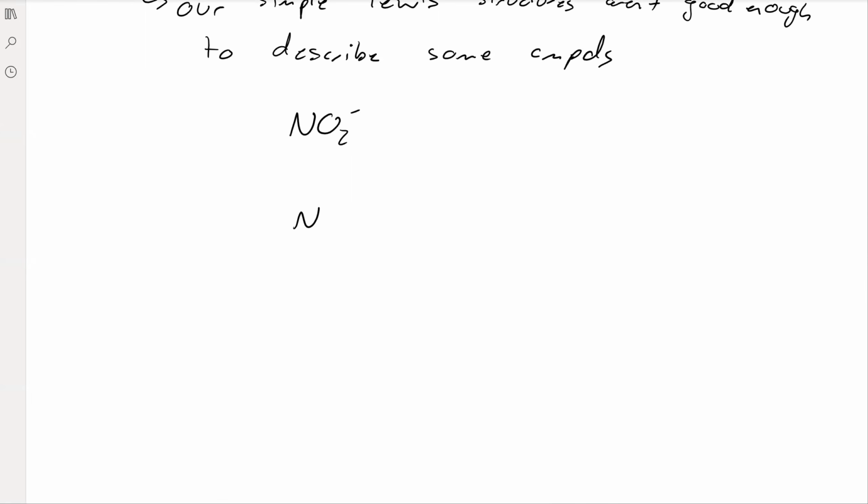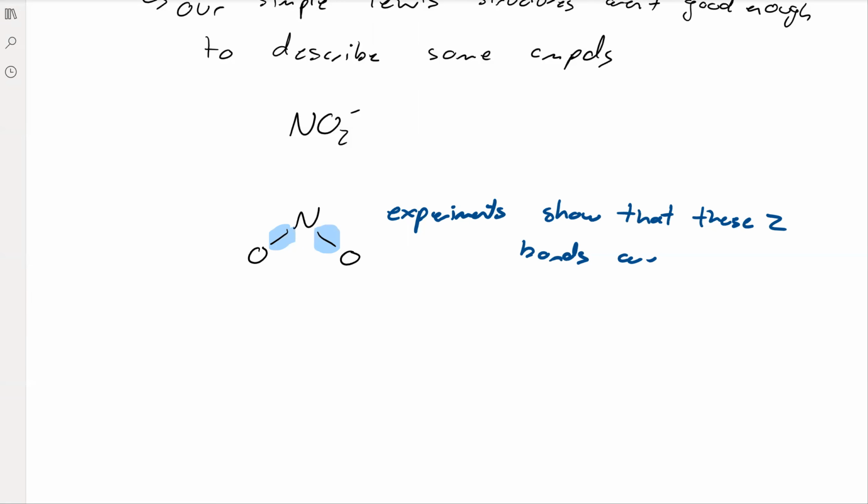If we were to do some experiments on nitrite, we would see that the nitrogen is in the middle and then it's bonded to an oxygen on either end. I'm not going to include any of the lone pairs or anything like that. This is not a complete Lewis structure. What I want to say is that these nitrogen-oxygen bonds, experiments show that these two bonds are the same,